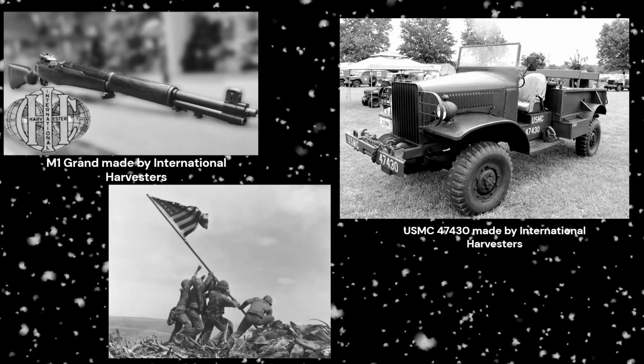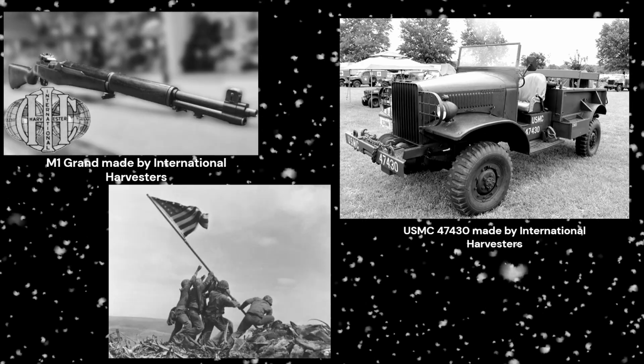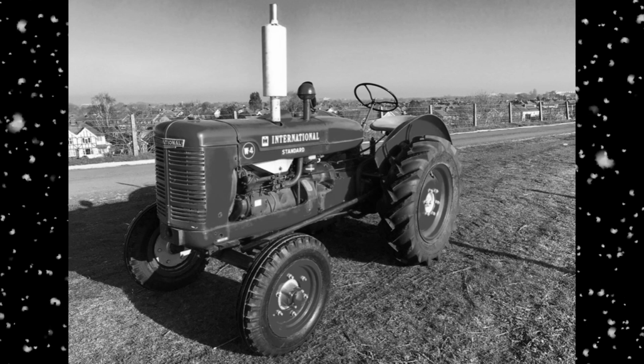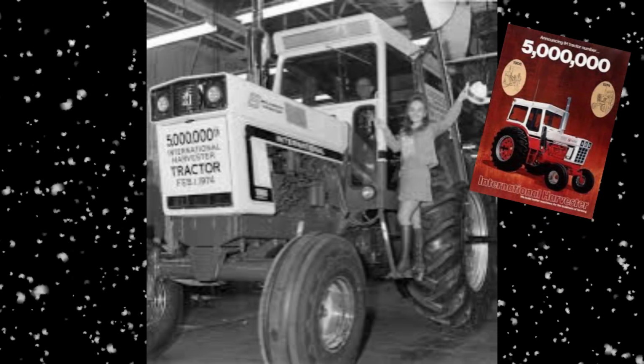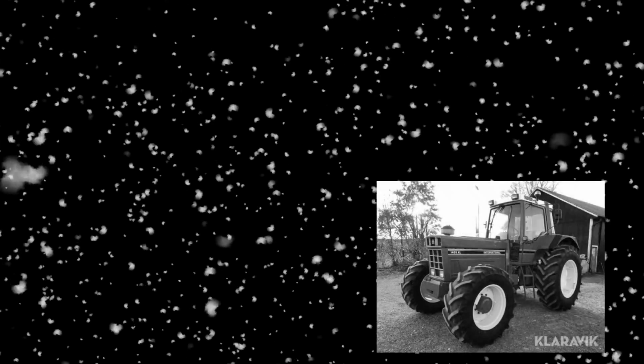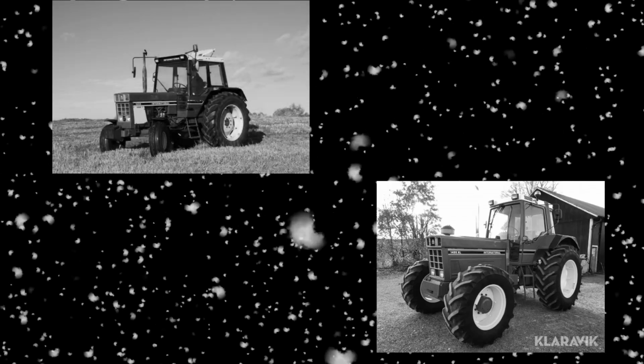Then, starting in 1940, they began producing weapons for World War II. 2 years after the war, the International Harvester W4 was made and launched. By 1974, they had produced their 5 millionth IH tractor. Between 1970 and 1985, they came out with some of their most popular models, the 1455 XL, 1055, 1086, and